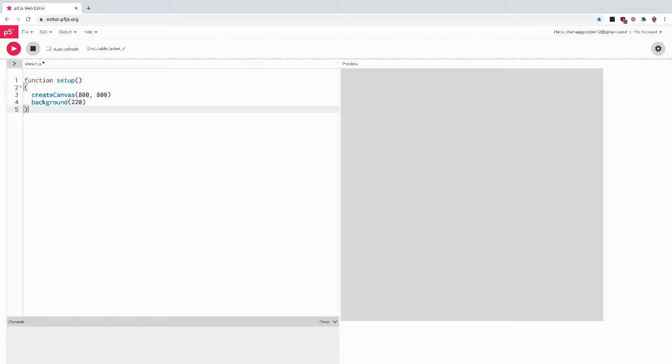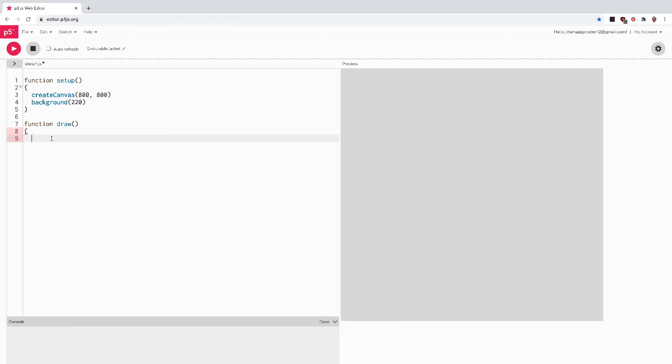So next we're going to draw. We want to draw on this canvas. So we put something called function draw. Now this is a loop. Function setup here just happens once. You're setting up your canvas, you're setting up your background, so the background usually stays in the function setup. It doesn't have to, it can be in here, and for some things you'll want it in here, but that'll be for another day. For now, we create the canvas, give it a background colour, and now we're going to actually